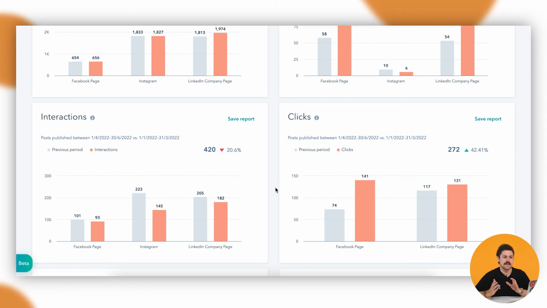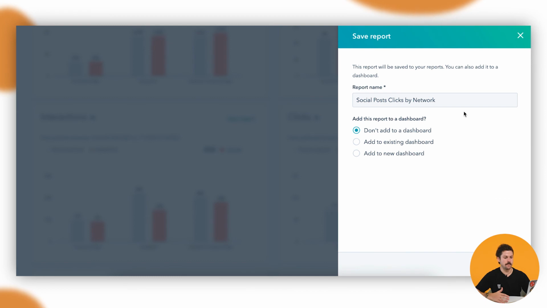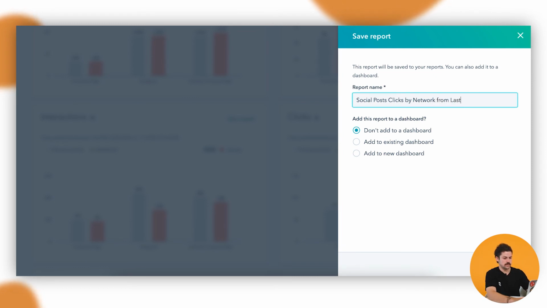Let's just say that we wanted to actually focus on one of these metrics and actually add it to our reporting so we can see it more often. We can save this report. So we'll head over to save report. Now, best practice as well is to have clear naming conventions. So social post clicked by network from last quarter versus